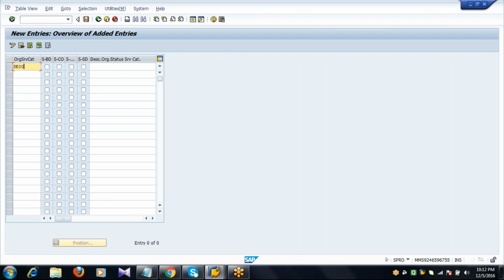It's just anything, guys. You can define whatever service category you want to create. It's just an example. S-BD, BD stands for basic data status and MM stands for purchasing data status, that we can store in the service master record under the service category.